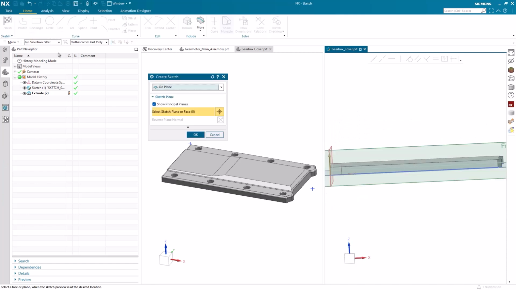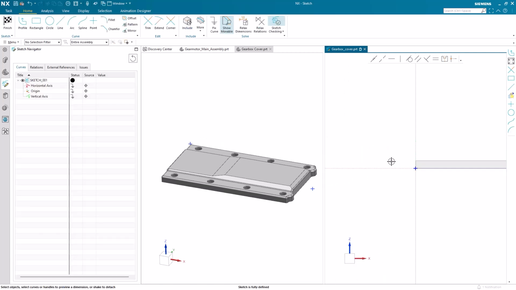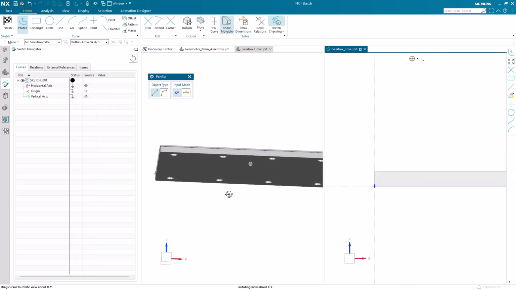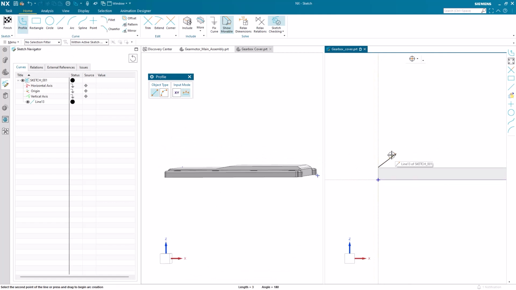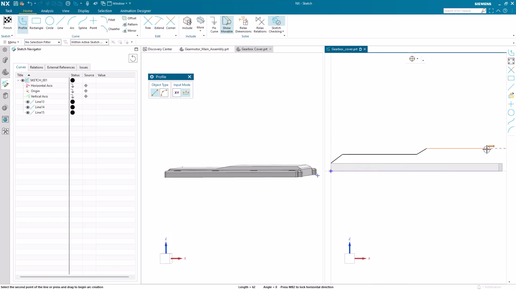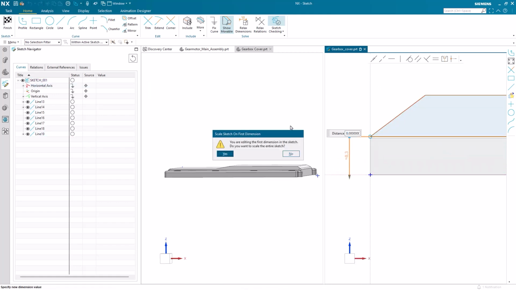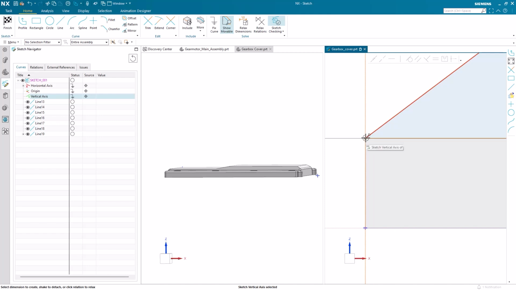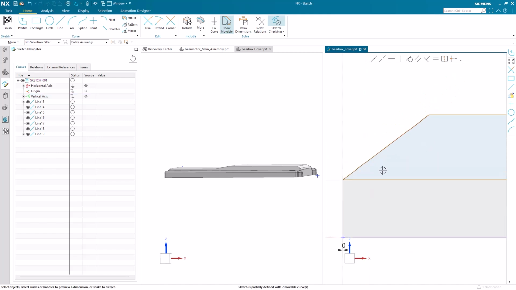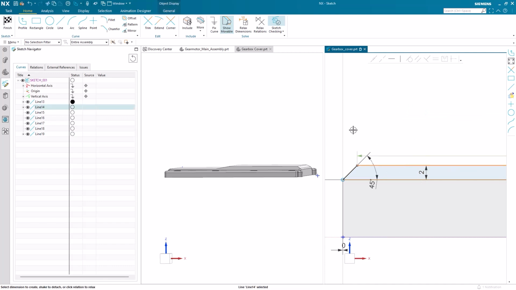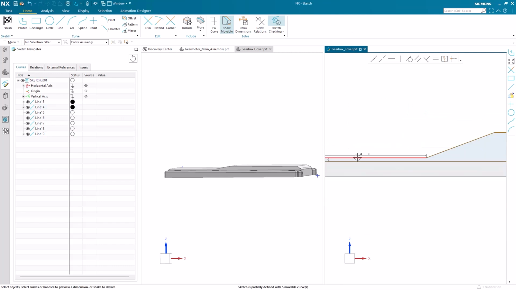This time, when we create a new sketch, we're going to select the face of our new body for the sketch plane. Instead of using lines and shapes, we will now leverage the Profile tool. With the Profile tool, we can define the outline with a series of connected lines in a string. The end of the last curve becomes the beginning of the next curve. The value of this tool lies in its flexibility and efficiency. This workflow saves time and makes it easier to experiment with different design ideas.